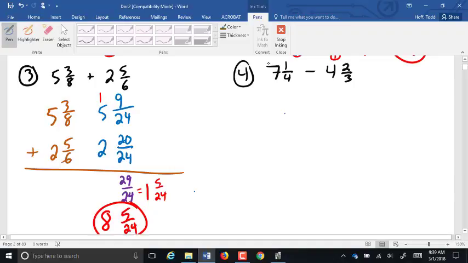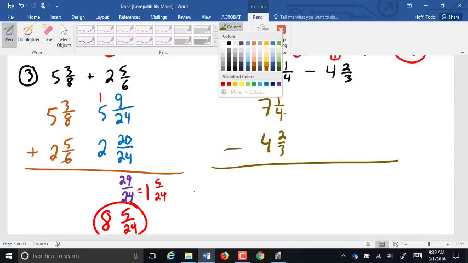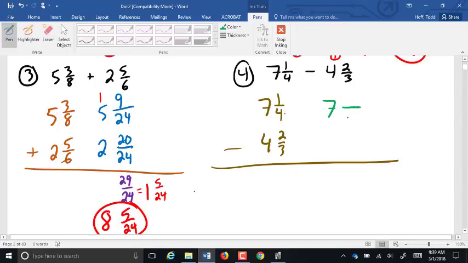Over here, the 7 and 1/4 minus 4 and 2/3. Again, I'm going to set it up vertically. And again, we need a common denominator. For 3 and 4, that's going to be 12. Good. 1/4 becomes 3/12, and 2/3 becomes 8/12. We go to subtract. 3/12 minus 8/12. Can't be done. So we need to borrow. 7 becomes a 6. This becomes